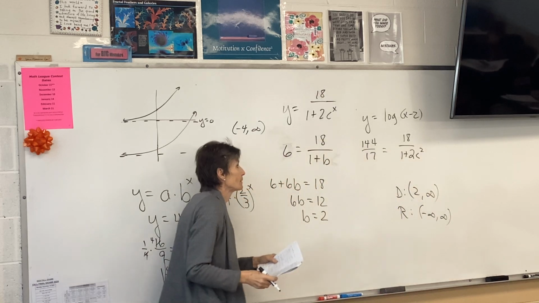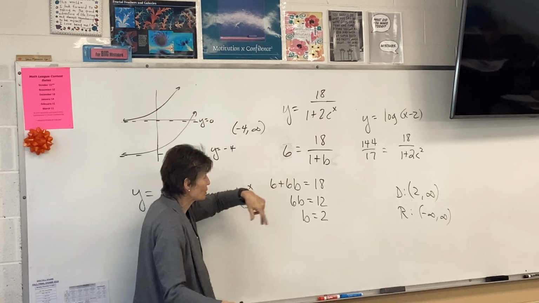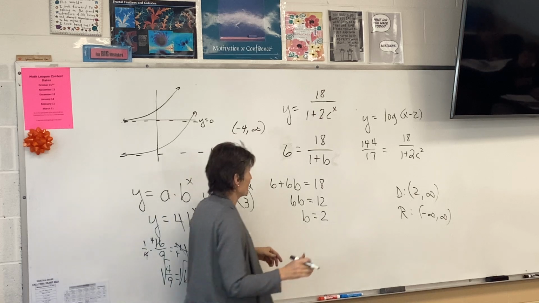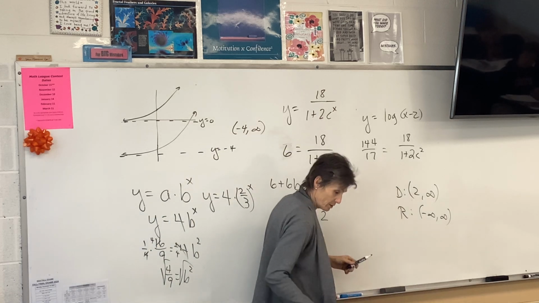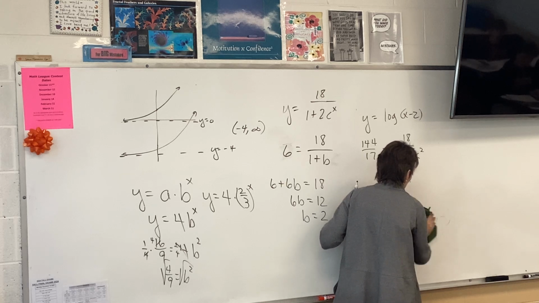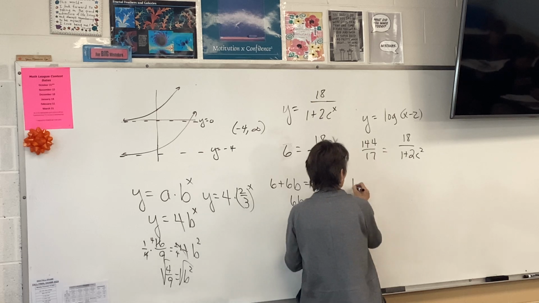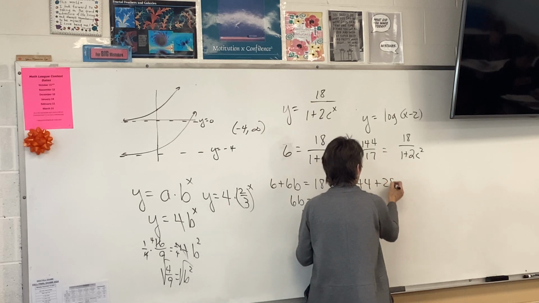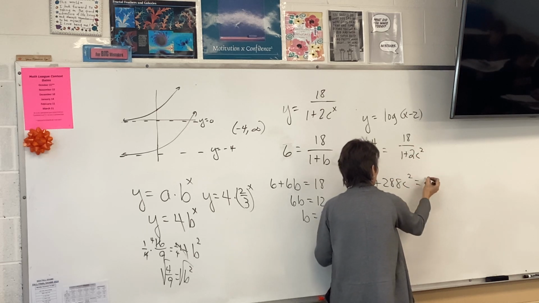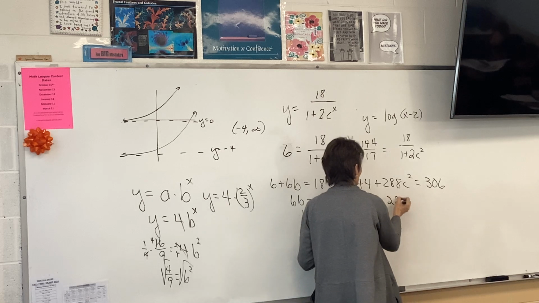Multiply both sides, or cross multiply. I would actually cross multiply in this case, since that's a fraction. I have a calculator to help me out here. So I have 144 plus 288 c squared. What did you say that was? 306. So now I'll subtract the 144,